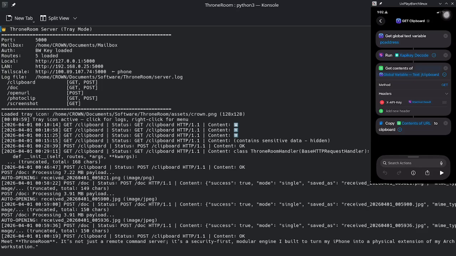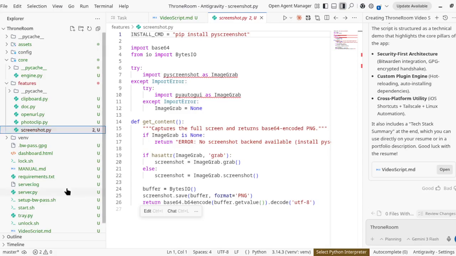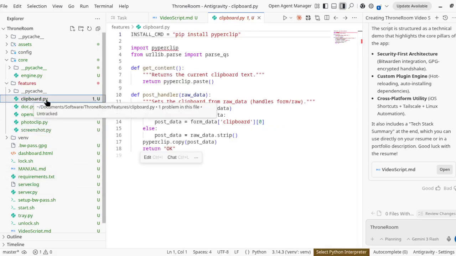So every new feature uses the URL / the name of the feature. So if I added clipboard.py, then you would just be sending. Let me show you right here. So if we added, for example, a new feature called clipboard.py, that would be the subdomain that you would send the HTTP request with. And then possibilities are endless. You can live stream. You can control your computer remotely. You can do whatever you want